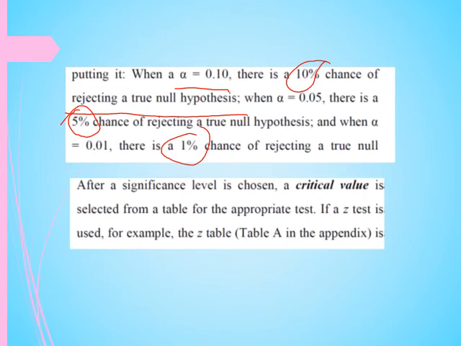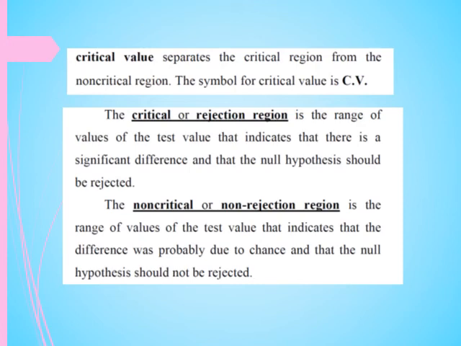After a significance level is chosen, depending on the survey or the researcher, the critical value is selected from a table which is appropriate. We have tables for these critical values, like the Z table, chi-square table, and T table, many tables from which we can get the critical value. Our critical value depends on the significance level chosen, I mean alpha. So from this point, we have a very, very important definition, which is the critical value. The critical value is the value that separates the critical region from the non-critical region. If we have a normal curve like this, we have a critical value, and here it's 0, and the critical value here. This critical value separates our region here